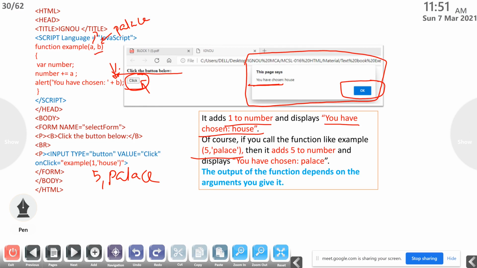Then alert, you have chosen b, means instead of house, you have chosen palace will be displayed over here. So the output of a function depends on the arguments you give it. So what arguments we are passing will determine the output of the function.